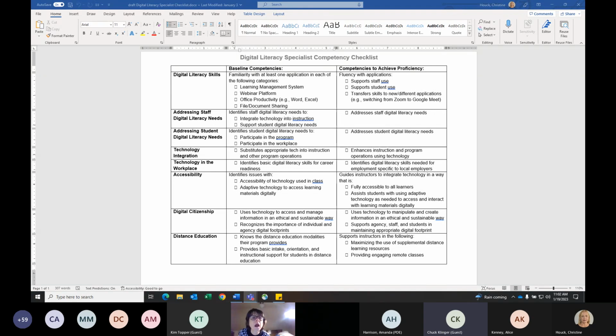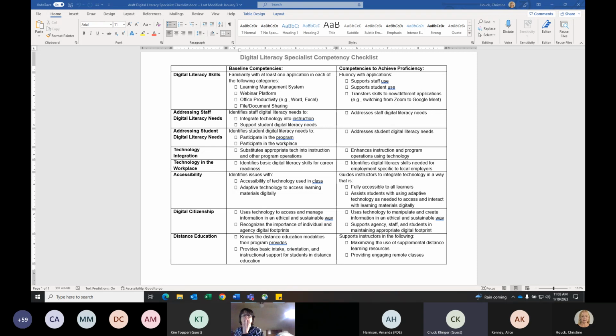And we've identified baseline competencies, which are typically things that have more to do with their own ability or with diagnosing problems or diagnosing where your agency's at, staff are at, students are at. And then competencies that are more proficient.